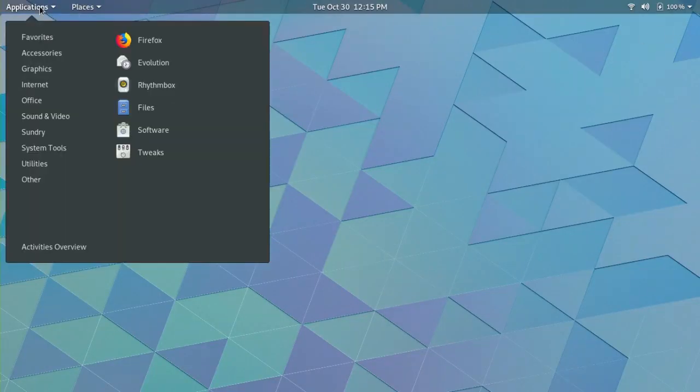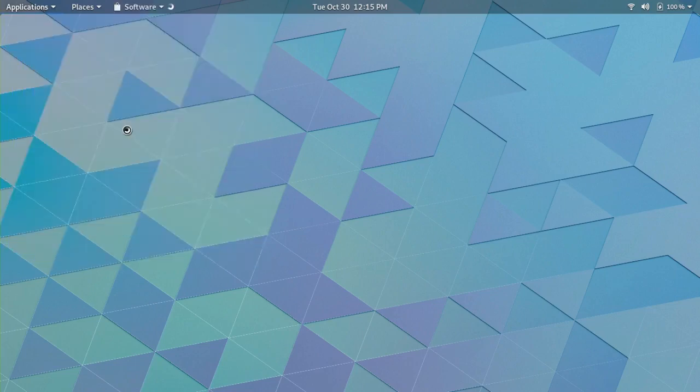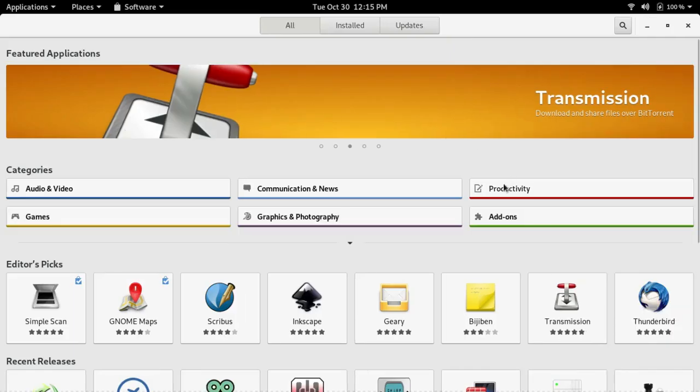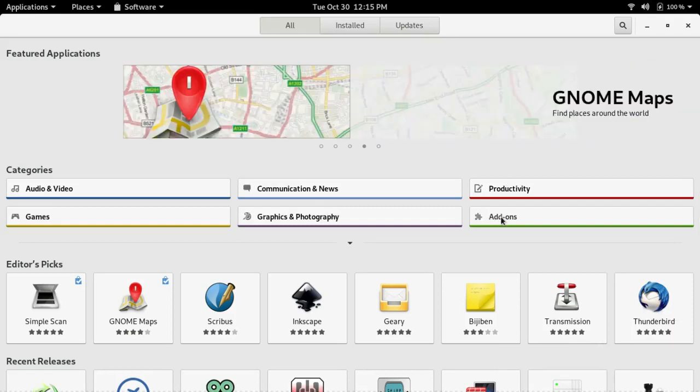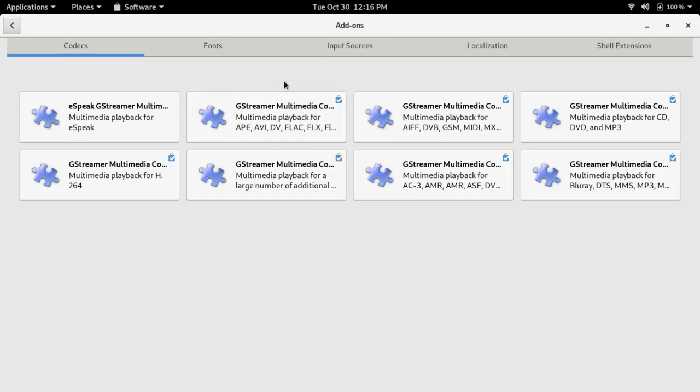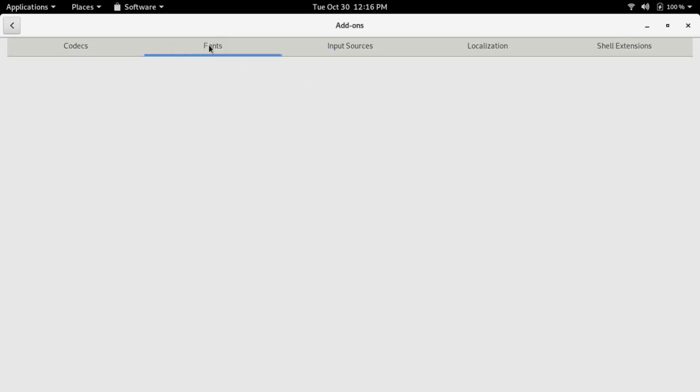Going back to GNOME Software for a minute, I've enabled the third-party applications. There was an invitation to do that, and I did it. And under add-ons here, several of these were installed by default. I think these top three on the right, and I installed all of these codecs on the bottom. This is under codecs. Now, if you go to fonts,